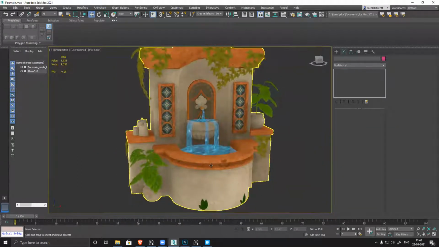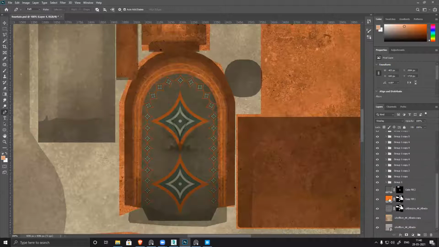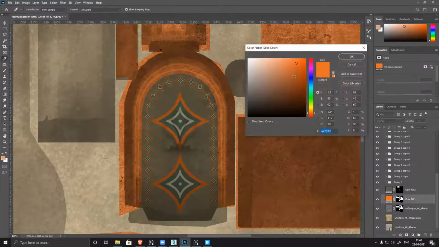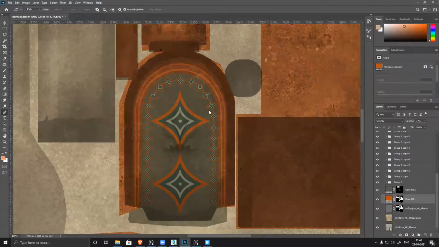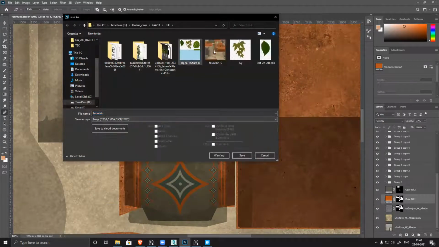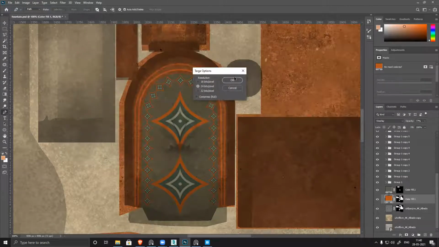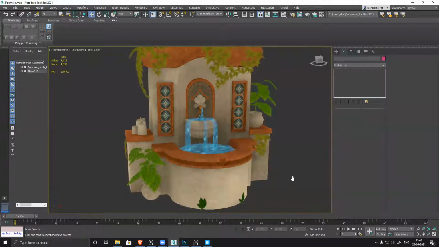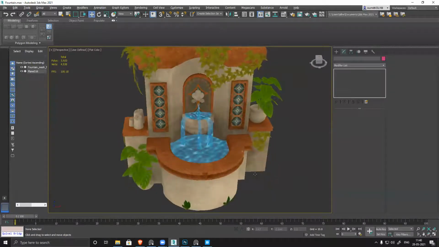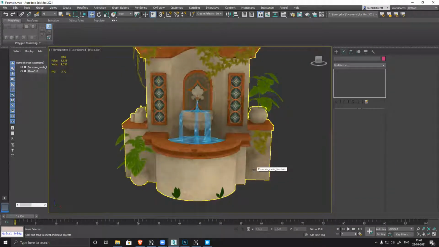And I feel this orange color is a little light compared to the reference. So I'll go to Photoshop. It's a separate layer altogether, and make it slightly darker. So the color is in one layer, so I can manipulate it anytime. See, now it's much better. I can go back and manipulate it anytime very easily.